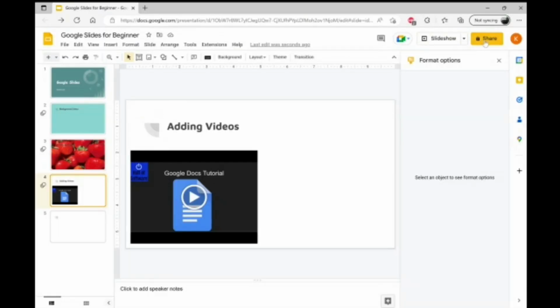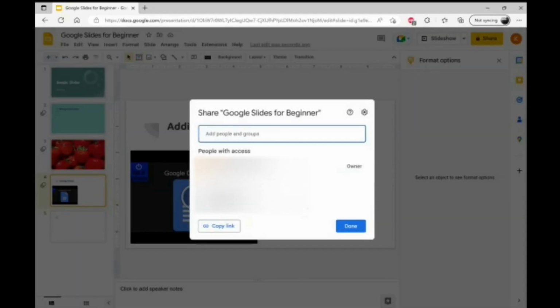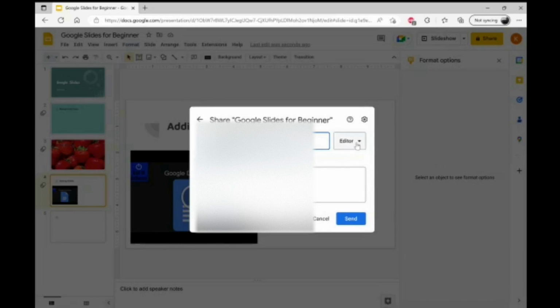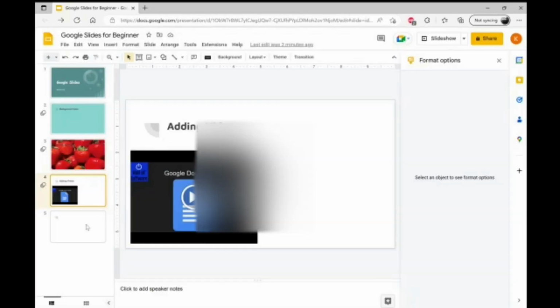And then the last thing I want to show you is how to share your slideshow if you're working with group mates or your co-workers. So what you want to do is click on share, and then you'll have people that have access. And if you want to add somebody, you type in their name, and then it will show here that they have the option of being the editor, a commenter, or a viewer. And then you get to make that choice. And then the last slide that we have is going to be no other than